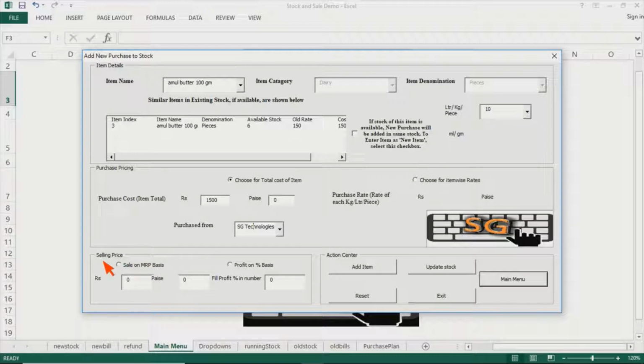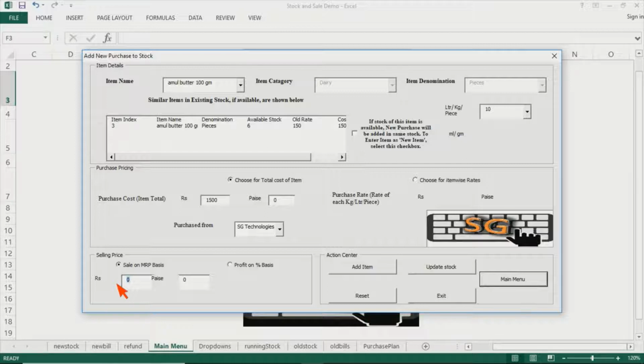Now coming to fixing the selling price. There could be two different modalities of fixing a selling price. One, it could be based on the MRP. In case of tinned or packeted item, you cannot cross the MRP. So you might like to fill in the rate over here. Suppose in this case, each Amul butter 100 gram piece would be costing 150 rupees to you.